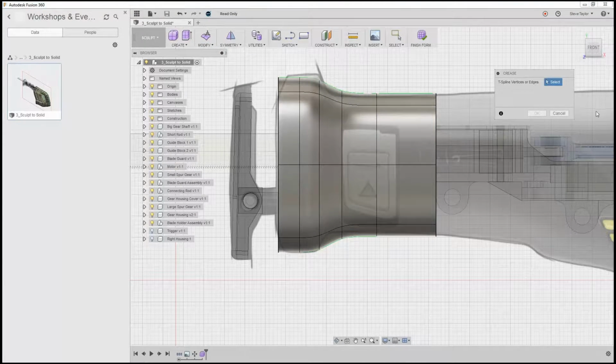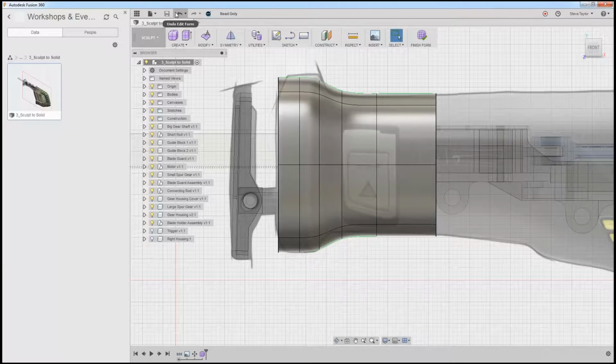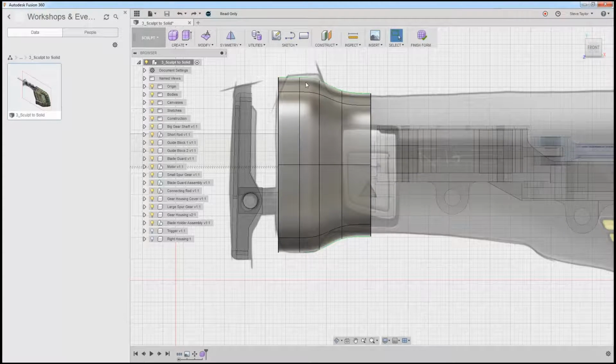Whoops, I didn't want to do that. See how that one's gone dark because it was selected? Just cancel that. Undo that a minute. There. Right, so what I want to do is, with nothing selected, modify